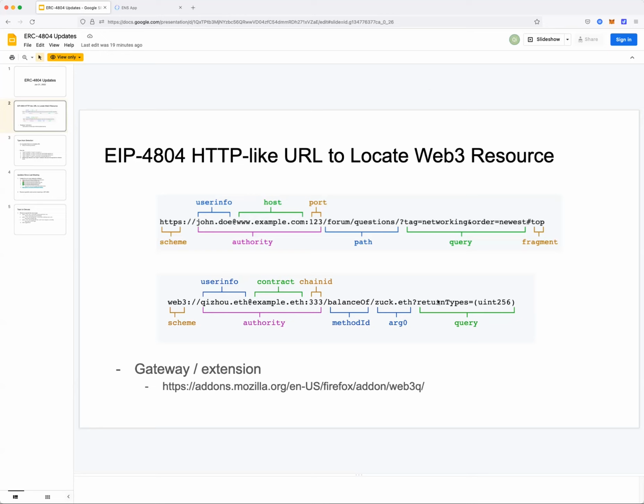Okay, yes. For the return type, the thing is that we are discussing whether we should have server-side rendering or client-side rendering, right? Using the fragment is kind of like client-side rendering, so it tells the client, oh, this is an integer. If we put it after the question mark, then it will be server-side rendering, where the server, which can be an extension, native integration or gateway, can say, hey, I want to return an integer back to the client.